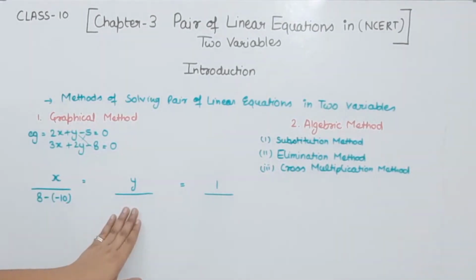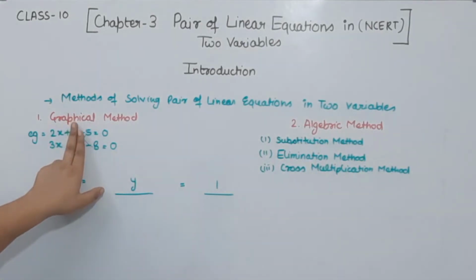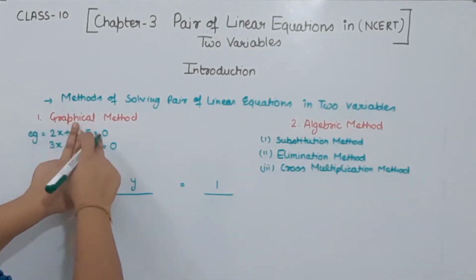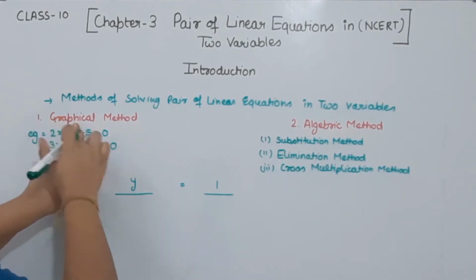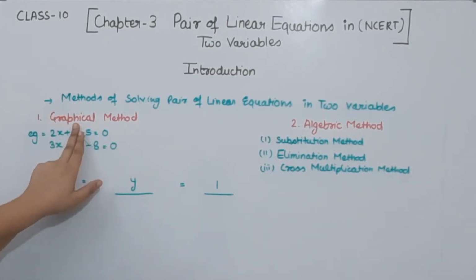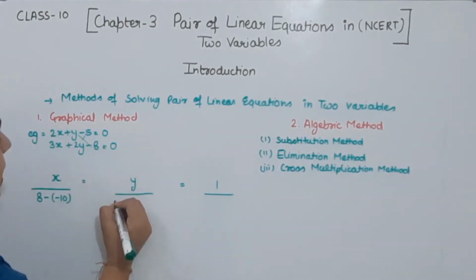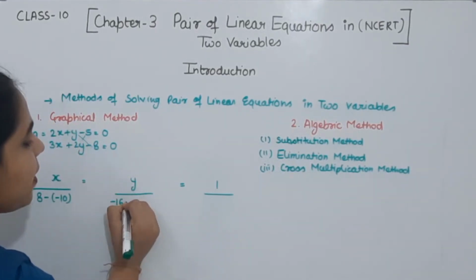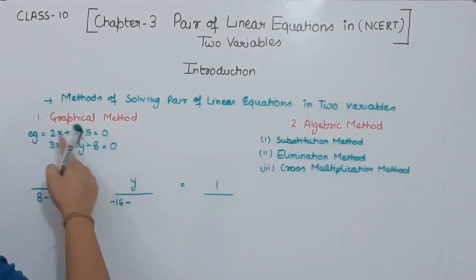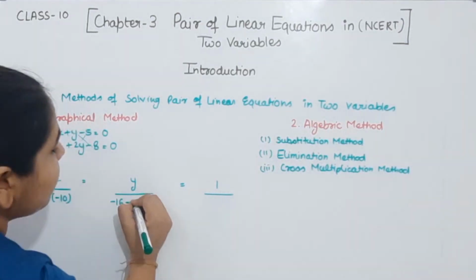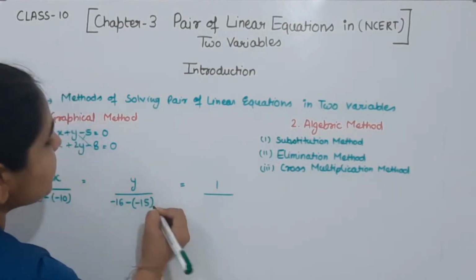Now comes to the y. Now we are not going to see the y. So this one is 2x, and here we have 5. This one is 3x. This one is 8. Now we are going to multiply this one. 8 times 2 is 16, and plus minus minus, this will be minus 16. Now we will put the sign of minus. Now we are going to multiply these two. 5 times 3 is 15, and plus minus minus, so this will be minus 15.